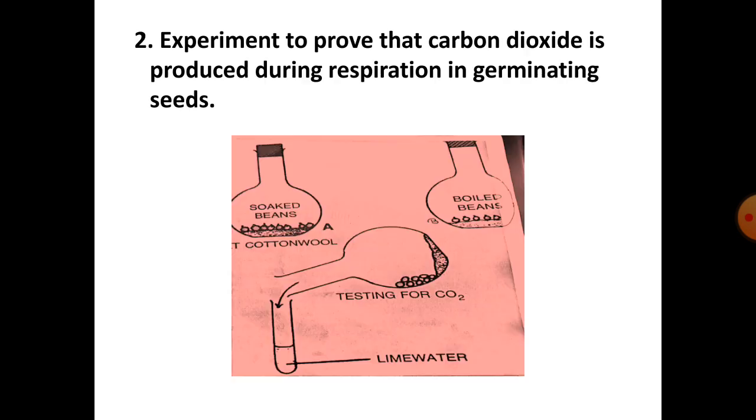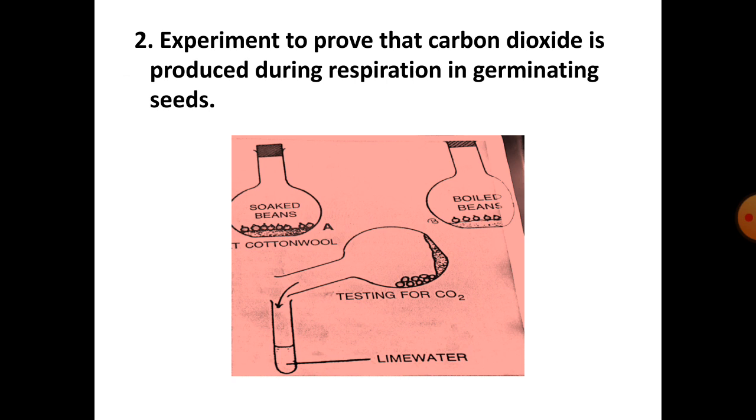Okay. Next is the experiment to prove that carbon dioxide is produced during respiration in germinating seeds. Here you can see two flasks, A and B, with some wet cotton placed in them. Soaked seeds are placed in flask A and boiled seeds are placed in flask B. A little antiseptic, carbolic acid, is added to flask B so that bacteria cannot grow on the boiled seeds. Now the flasks are corked